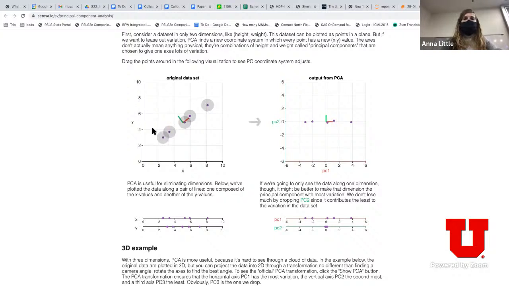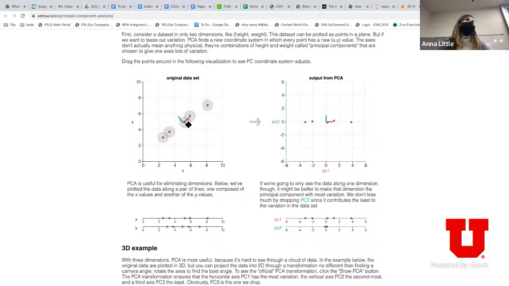So if we were just to take the x values of all of those points, we could plot them here. And they're about equally spread out with the y values of all of those points. Both the x values and the y values are pretty spread out and have a high variance. But as you noticed, these points lie along a line, along kind of that red direction. And so the data is really varying in that red direction,